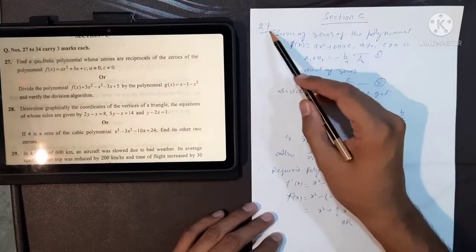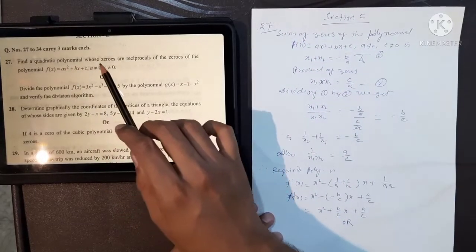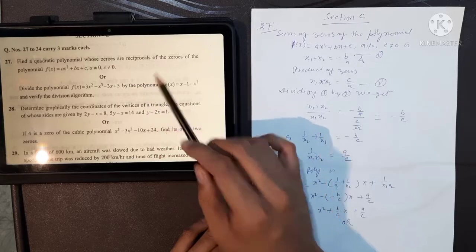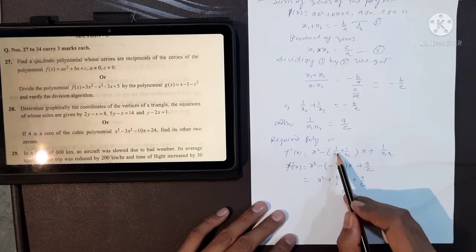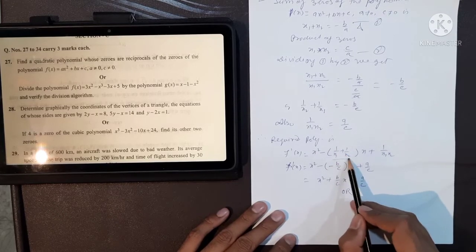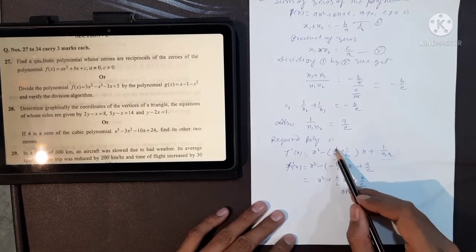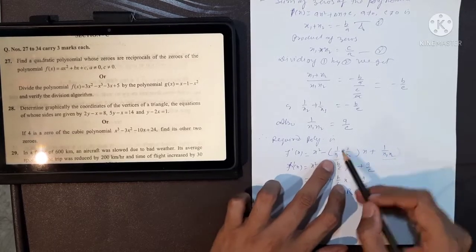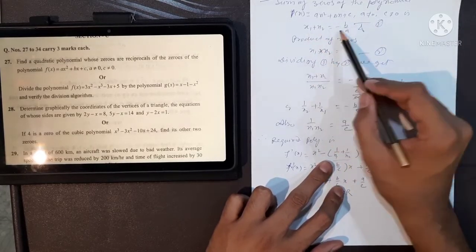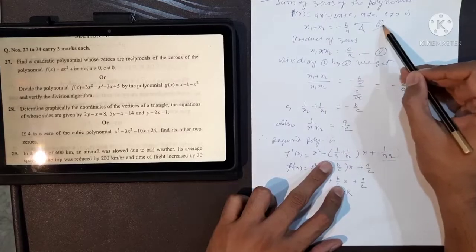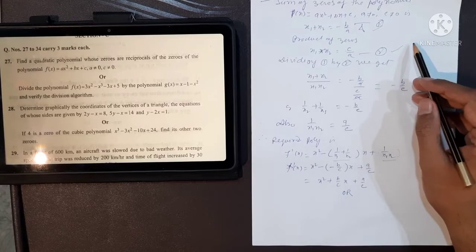For section C, question number 27, we have to find the quadratic polynomial whose zeros are reciprocals. So we basically have to find 1 upon x1 plus 1 upon x2 and 1 upon x1 x2. So for these values we already know that the basic equation is ax square plus bx plus c, and the sum of roots is minus b by a, and the product of roots is c by a. So for this we get